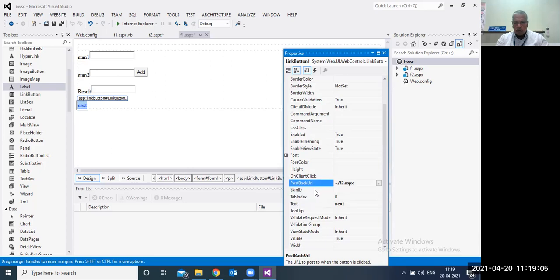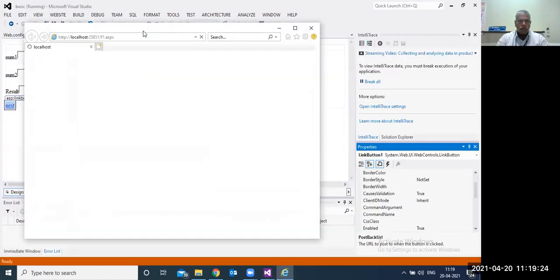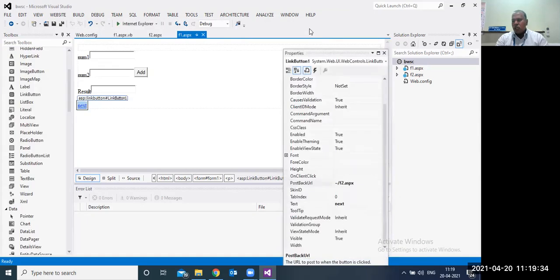The post back URL is form 2. See here also you can select the browsers. Google Chrome, the default browser for Visual Basic is Internet Explorer. So I have taken Internet Explorer. Just remember. Then if you press next, it will show form 2. It is showing form 2. So this is the link button.